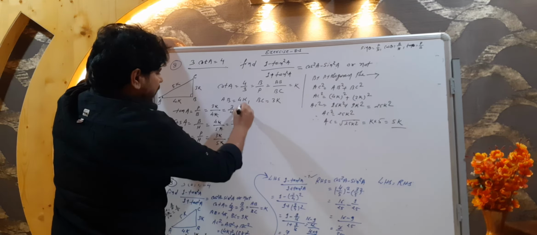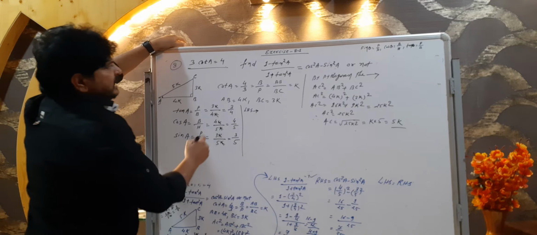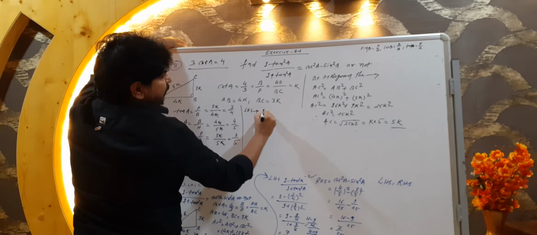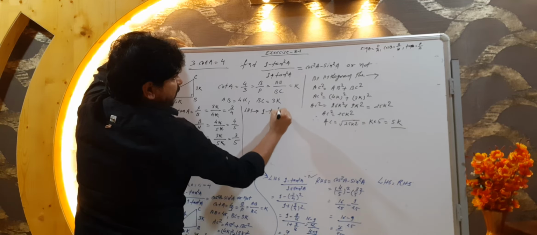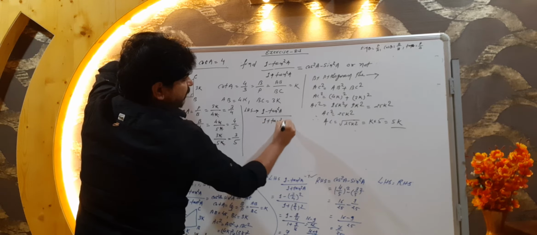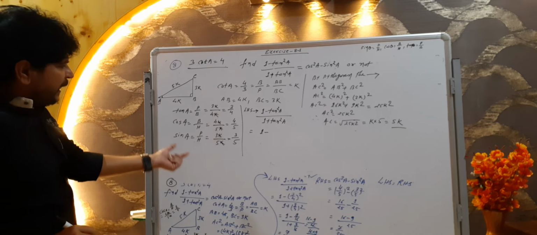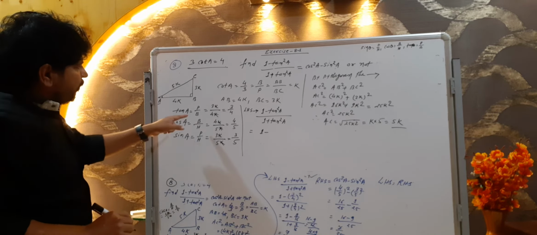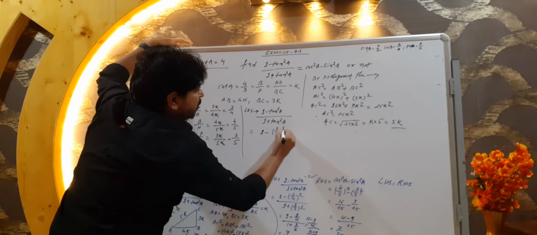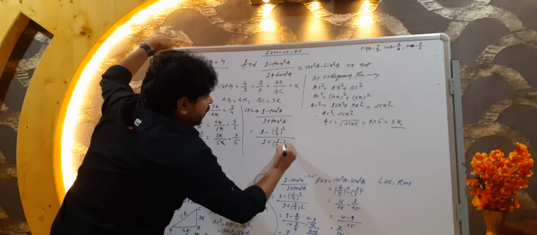Okay. Now we will solve it. First we will take the LHS. This is the LHS and this is the RHS. First we take this LHS. LHS is 1 minus tan square A upon 1 plus tan square A. Now we put in the value of tan, which is 3 by 4. So we have 1 minus 3 upon 4 whole square upon 1 plus 3 upon 4 whole square.